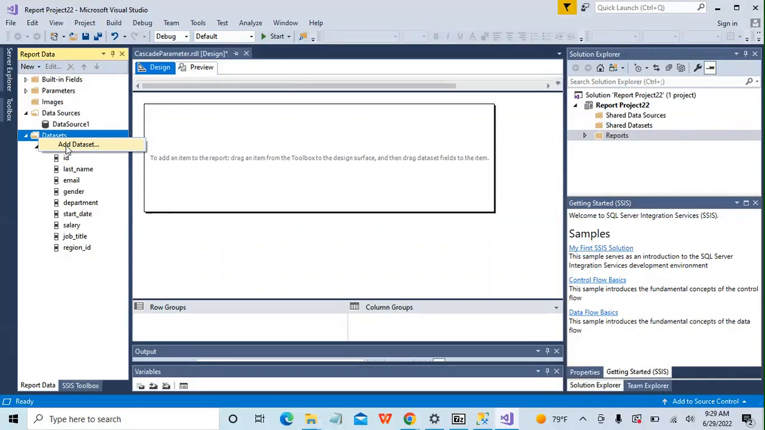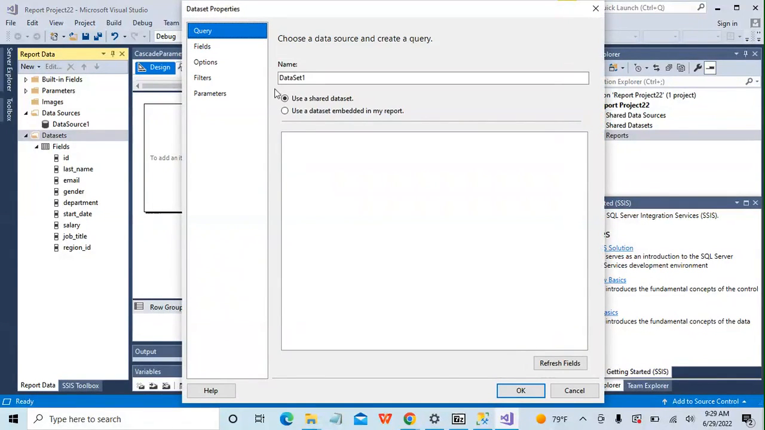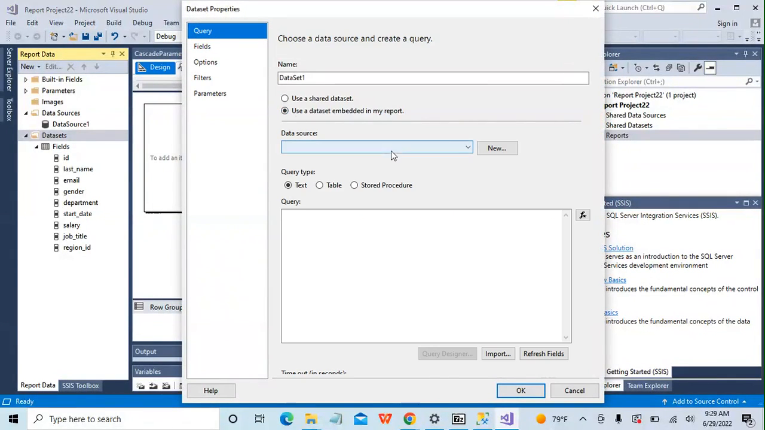Let's add a data set for our job title. And the job title is going to be dependent on the department. And you're going to see in how we write it out. Select distinct, and we want distinct because we don't want any repeats of the same job titles. job_title from dbo.staff